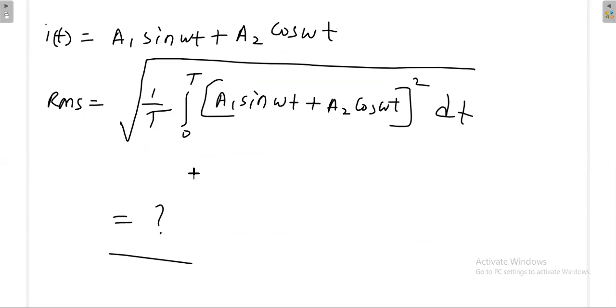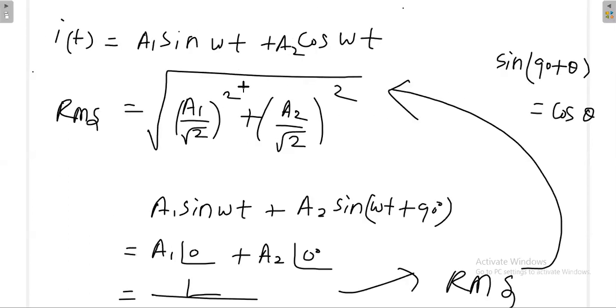Even though it is the same frequency, if one is sine and another one is cos, still you can apply this formula, because whenever you apply this formula, the condition I told you was that the frequency has to be different. But even if it is the same, if one is sine and another is cos, still you can apply this method. Once you do all this procedure, finally I will tell you why this procedure is working, and under what condition you have to apply this formula, because at a particular condition you have to go to this formula. So I will tell you.